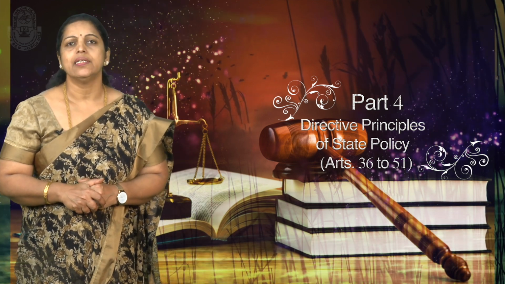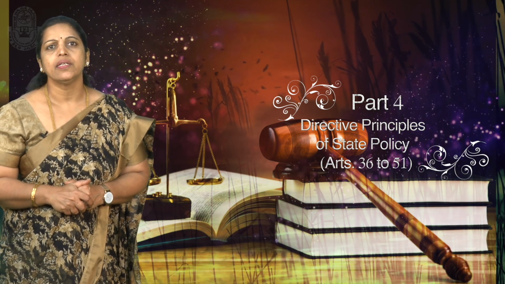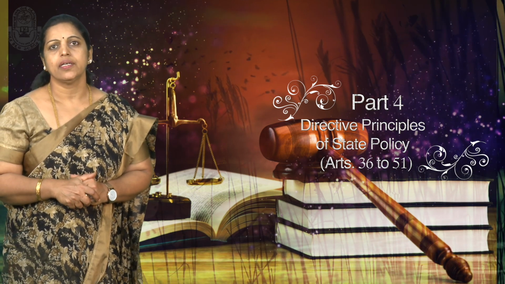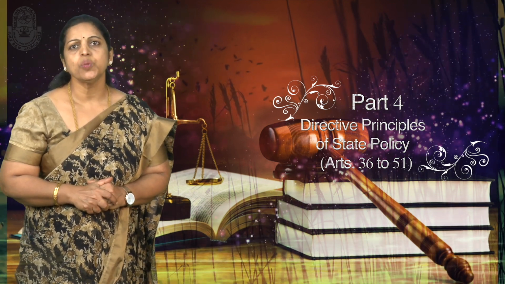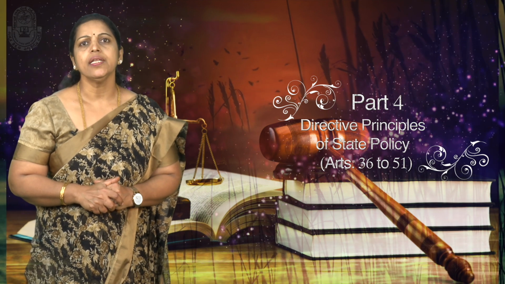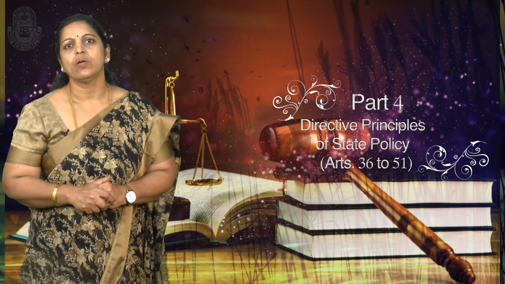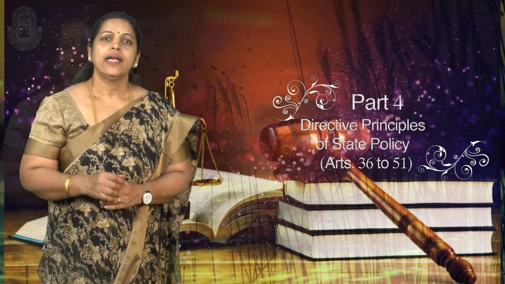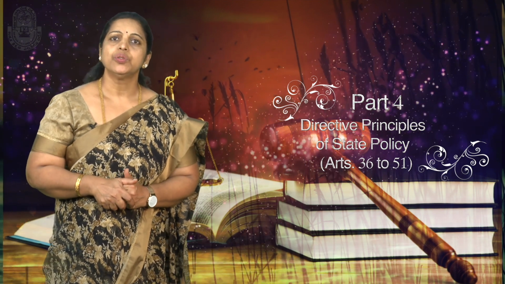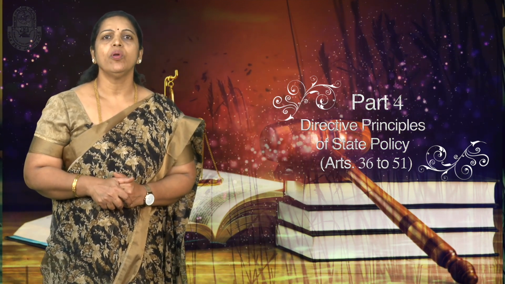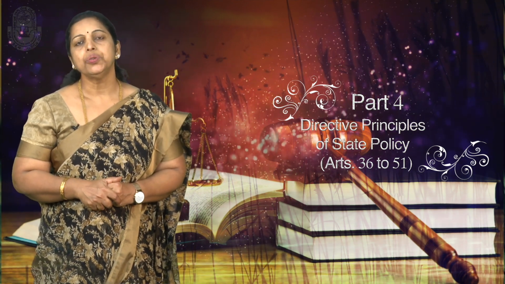But nevertheless, they are fundamental in the governance of the country. They are guidelines to be considered by the Union and state governments while framing any laws and policies. Directive principles of state policy lay down certain social, economic and political objectives to achieve the ideal of true